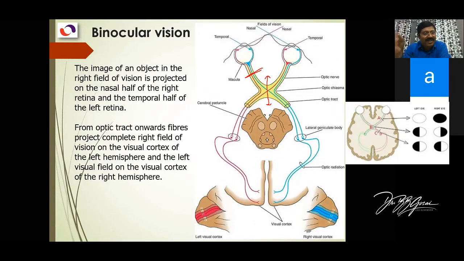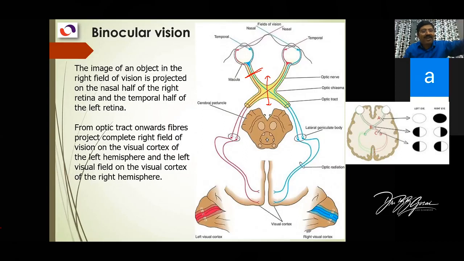What happens to the patient? His temporal field of vision is lost on both sides. Why? Because the temporal field of vision falls on the nasal part of the retina, and the fibers of the nasal part of the retina cross at the optic chiasma. This is the key. Try to understand the whole chain of events.